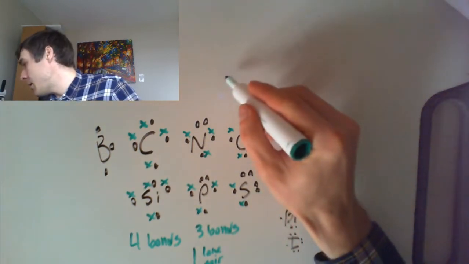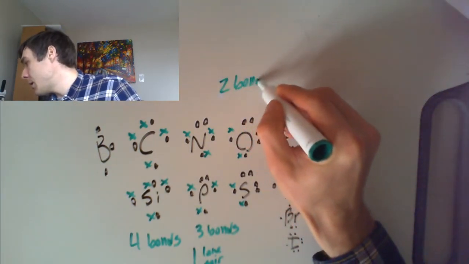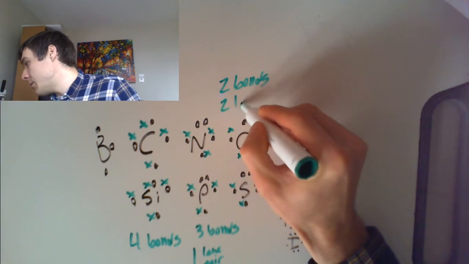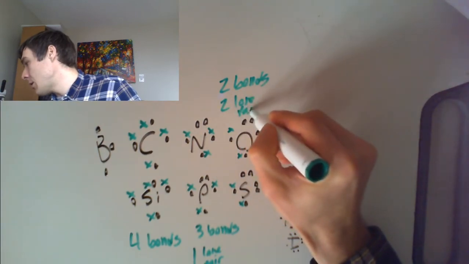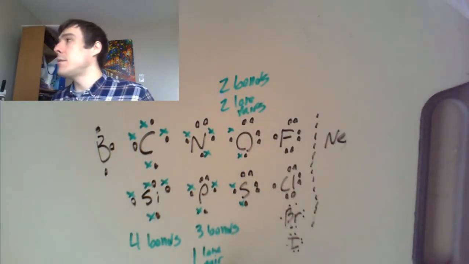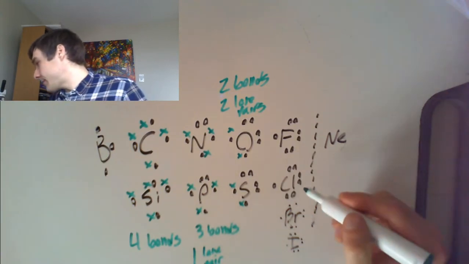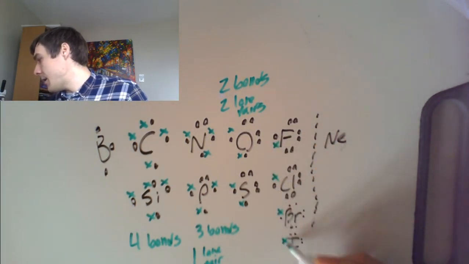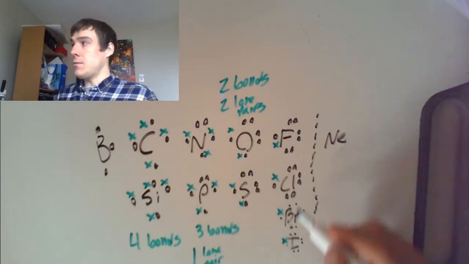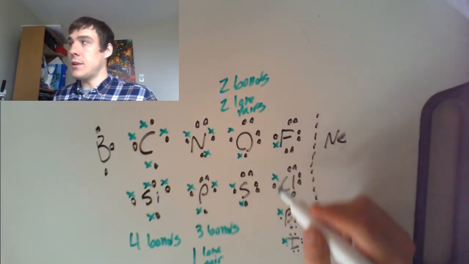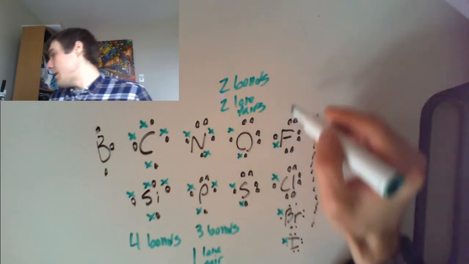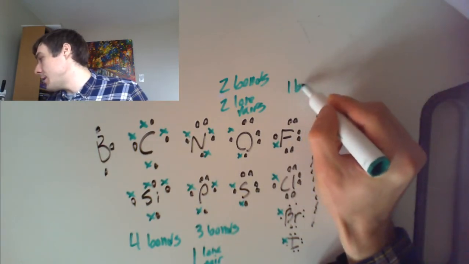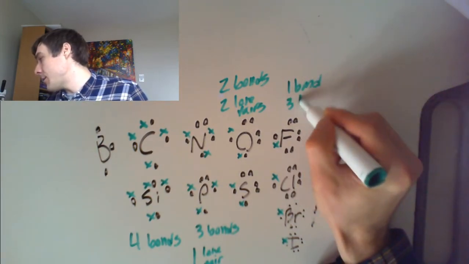They're going to make 2 bonds and 2 lone pairs. And fluorine, chlorine, bromine, and iodine all just want to share one electron, and they're going to make one bond, and they'll have 3 lone pairs